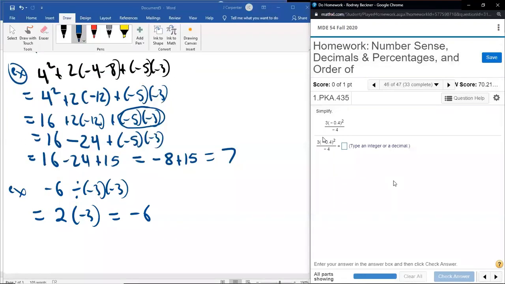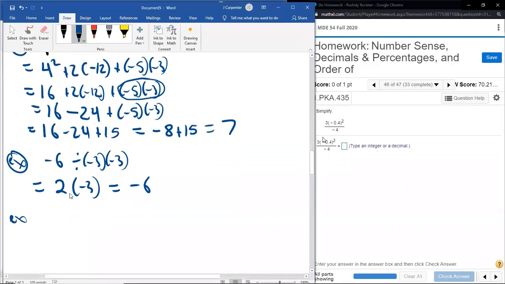Here we got one written as a fraction. I believe last time we talked about how if you have a bunch of steps in a top and a bottom, do them all separately; you can even give them their own PEMDAS independent of each other. You only want to cross that division bar once it's just a single number in the top and a single number in the bottom, with no more steps to do. So we got 3 times negative 0.4 squared all over negative 4. There's an exponent that is not a parentheses. It does not count as a parentheses.